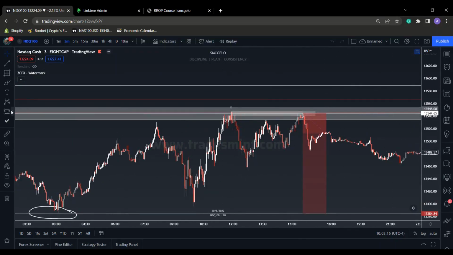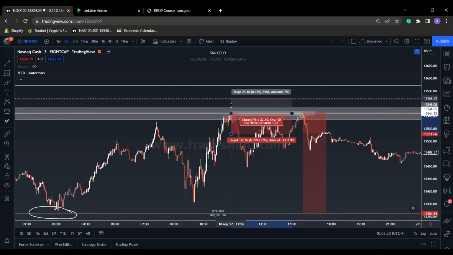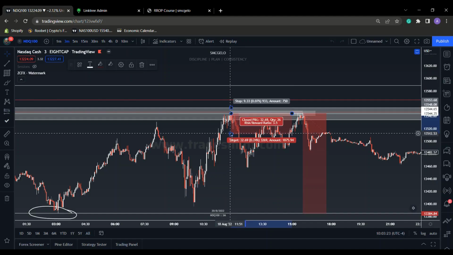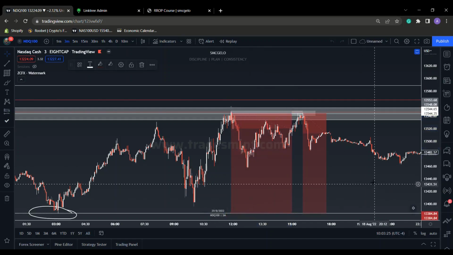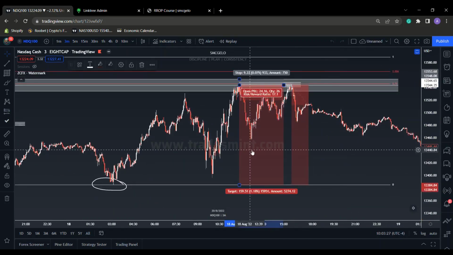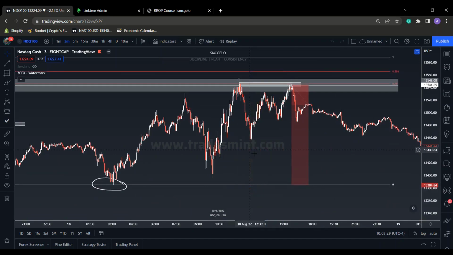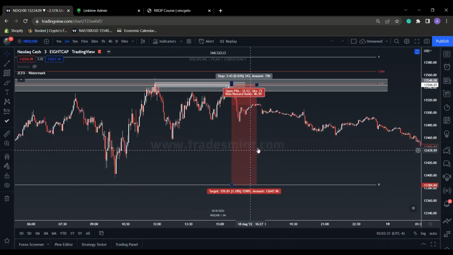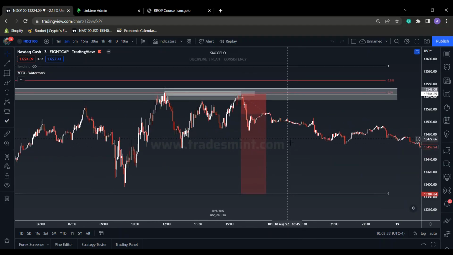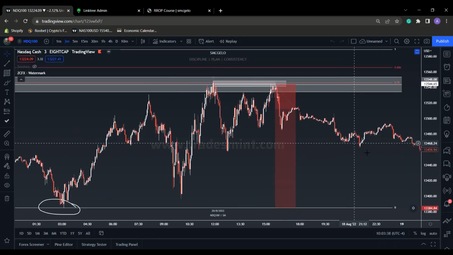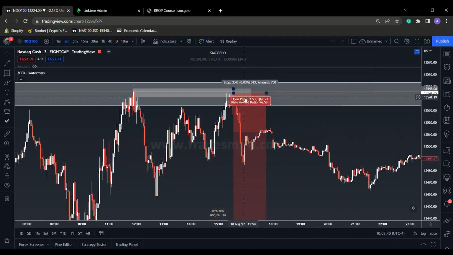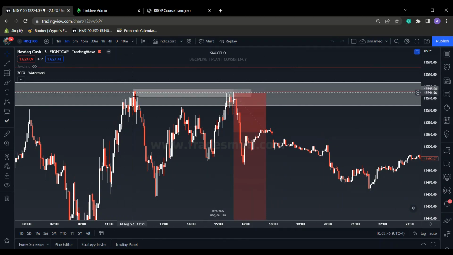You could have entered right off the 3-minute right here without a confirmation entry, and it still would have been a 17R. People dream of having those types of trades, and we're getting them on the 3 and the 1 minute. So I mean, it's pretty simple. The strategy's pretty simple, you know, it's not much to it. But the confirmation entry, the fib lineup